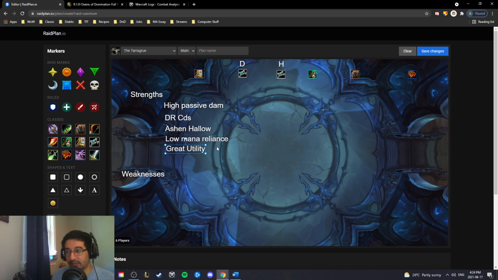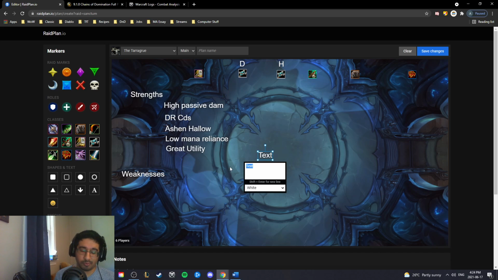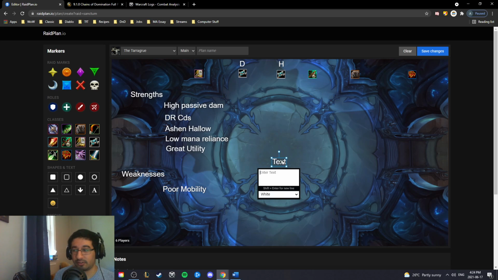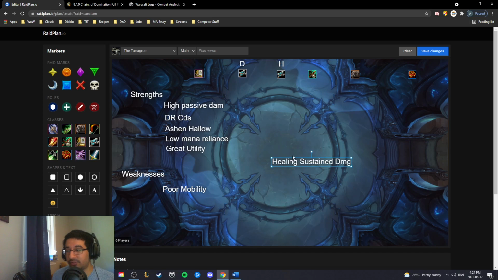Sac, all those things. Fantastic utility there. Problems with them, they have pretty poor mobility, right? They just have their mount, their steed. Poor mobility. And outside of that, they do struggle a bit in healing sustained damage. Healing sustained damage. Outside of Ashen